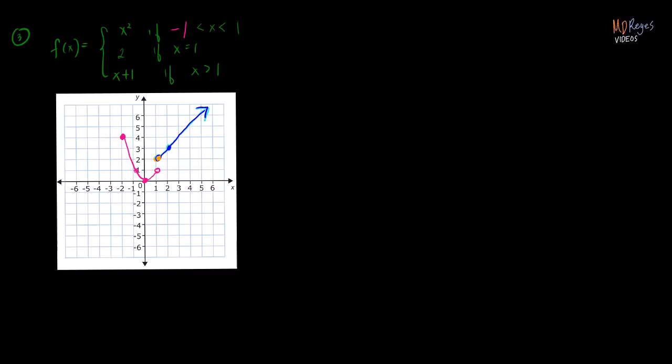The only thing that will change in our function would be the graph of the portion of the parabola. The graph of the portion of the parabola, this is still less. This is still